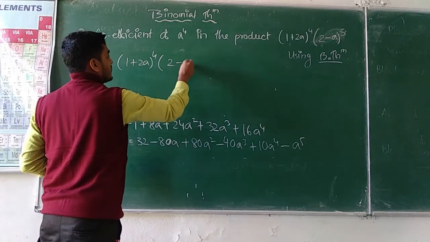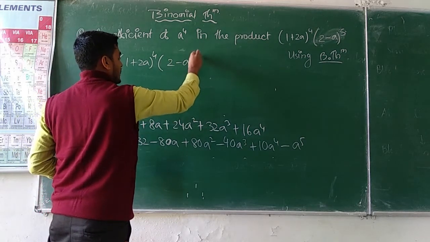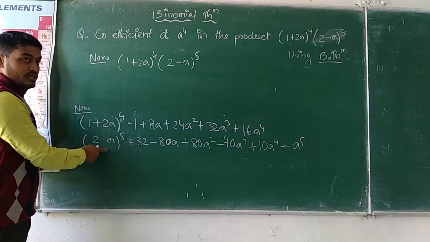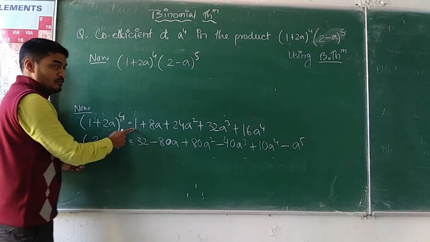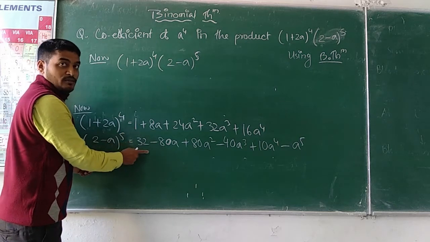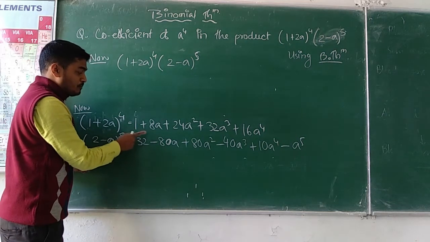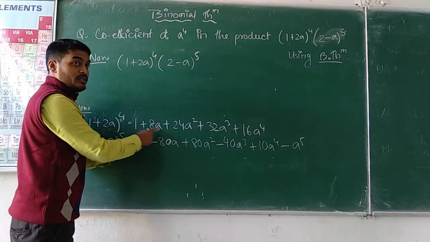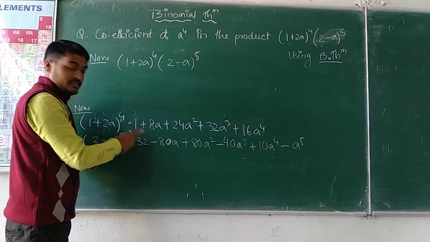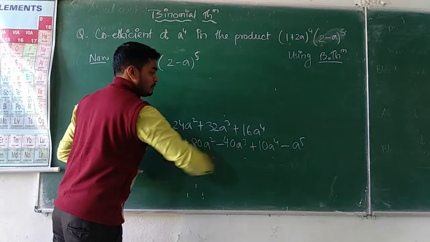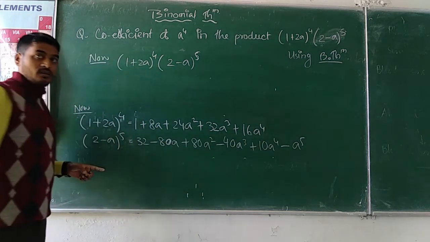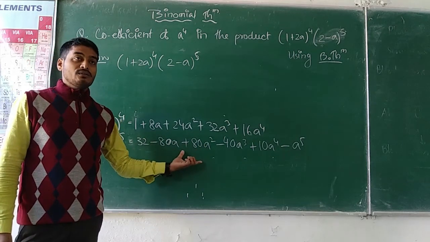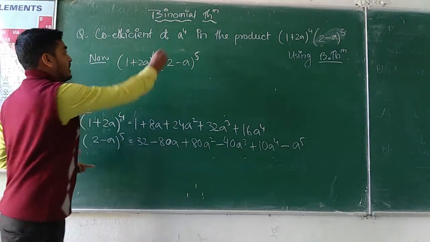That means as you have to multiply these two terms, 1 should be multiplied with each and every term of the second expression. You have to multiply 8a with each and every term of the second expression. In the same way, each term must be multiplied with each term of the other. It is so, but no need to find out all those terms. As you have to find out the coefficient of a to the